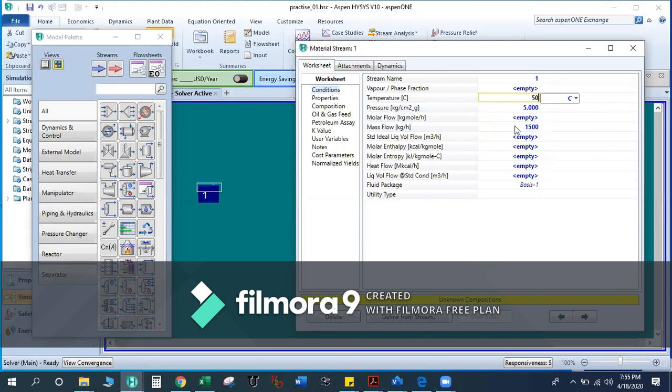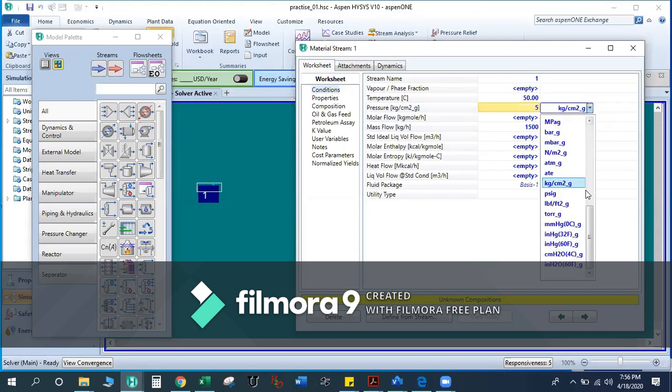Now, as I said earlier, if you have not changed the unit by using the preference set, you will be able to change the unit from here also.